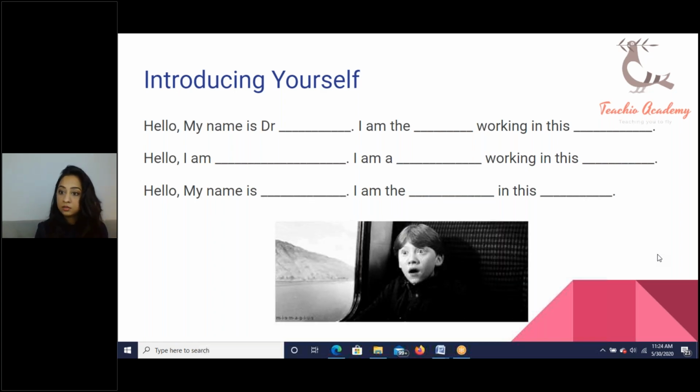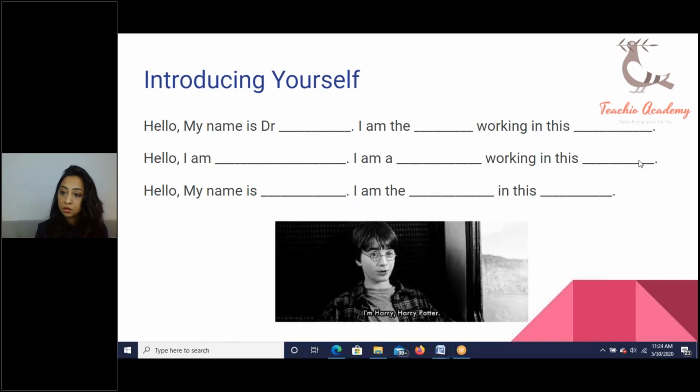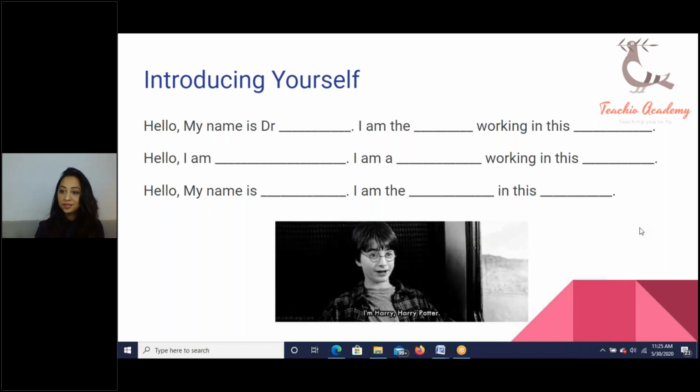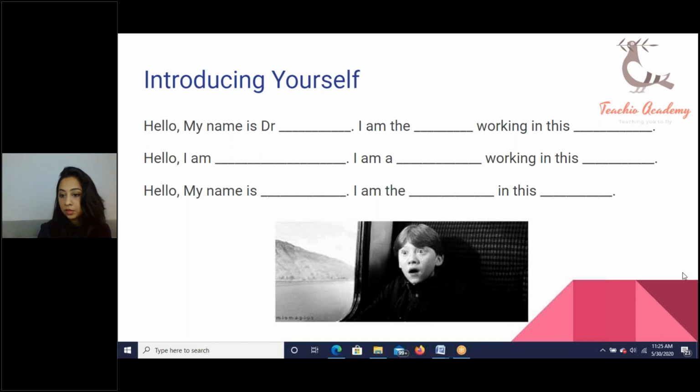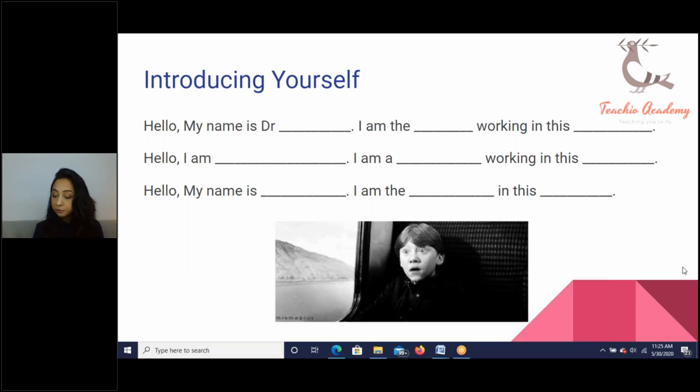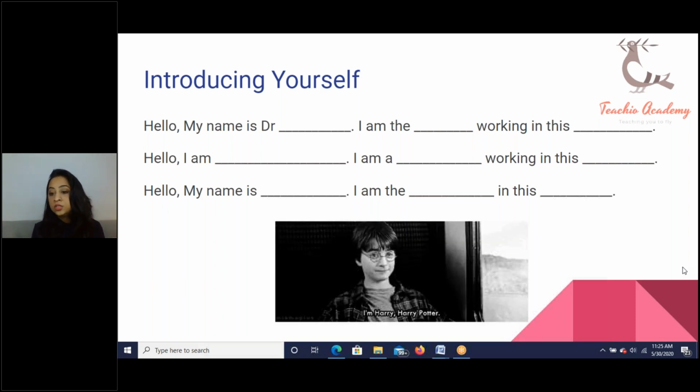Excellent. Lots of good answers. Guys, if you want to answer, please type in on the chat window, because then the sound becomes problematic. Okay. So Aruna has said that she would use "a" for a doctor or a nurse, and they would use "the" for